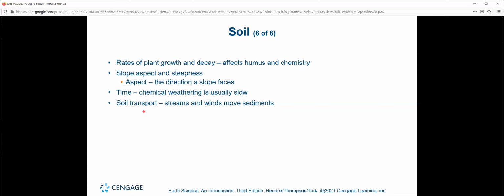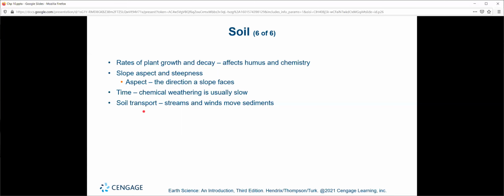Time is an important factor here. Chemical weathering is usually slow. You don't build a soil during one cycle. If you want to plant a garden, don't expect your first and second years to be as profitable in that soil as your 7th and 8th years. Farms need to grow. The humus needs to be developed. Again, this is more of a gardening conversation than a geology conversation, but these all tie in very well together.